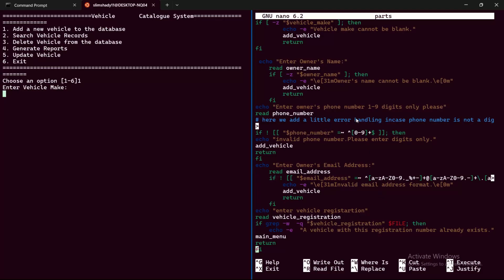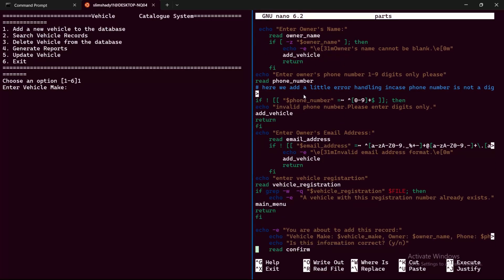Except what I did here is I added in this command here, which is /e31m, which I found to be an error handling technique that changes the color of the error message that is appearing on the screen. I will enter this here above as well. So yeah, it's the same thing for here, and then we have exactly the same thing here, except it uses a regular expression to check that the phone number is digits only. And in the email address, again, same thing, it changes the color if an invalid email address format